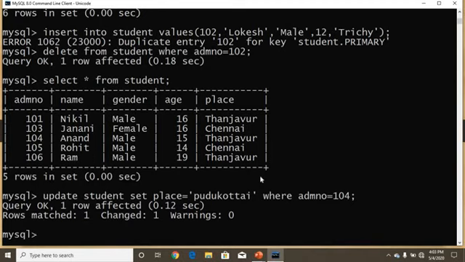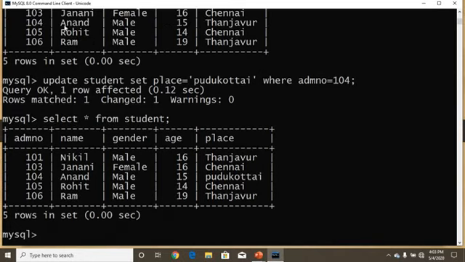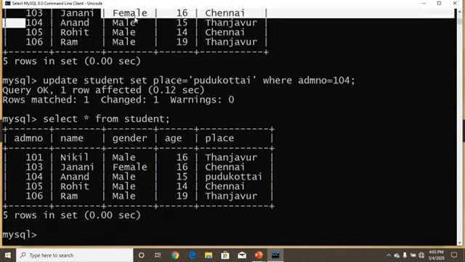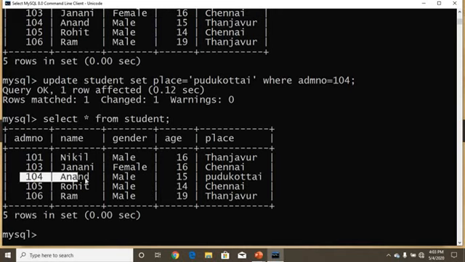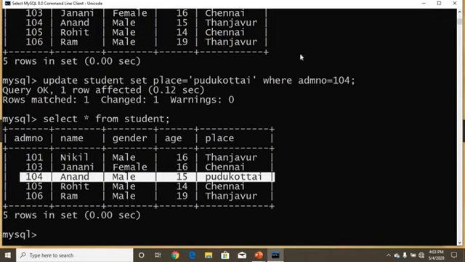Okay, the query executed successfully. Now see the table. Select star from student. See here, before the update query, Anand's place is Tanjavur. After the update query, Anand's place is Pudukottai. By using admission number, we can update Anand's data.